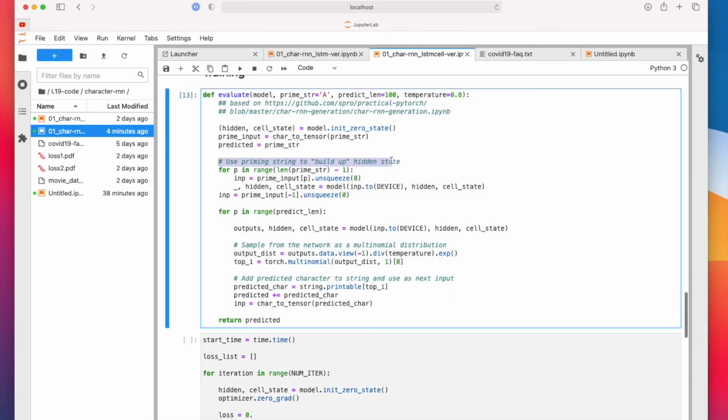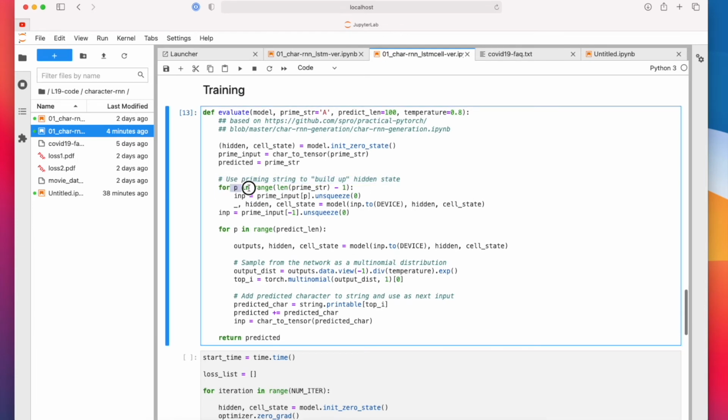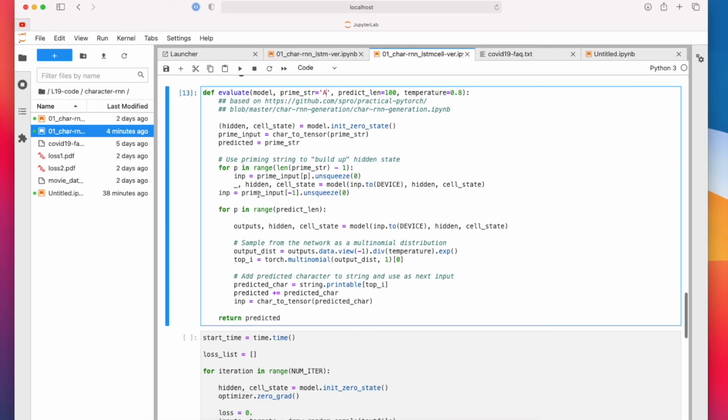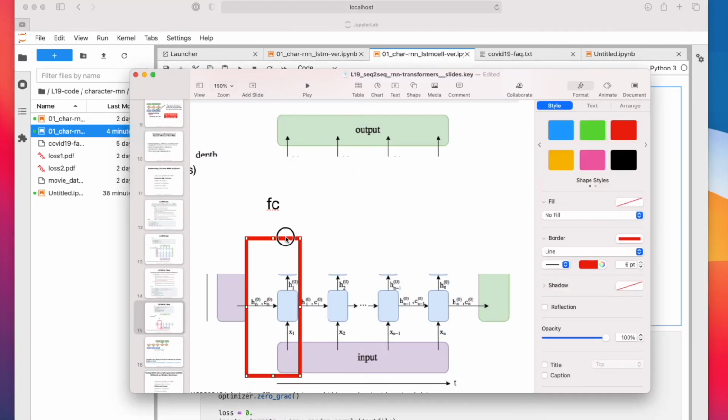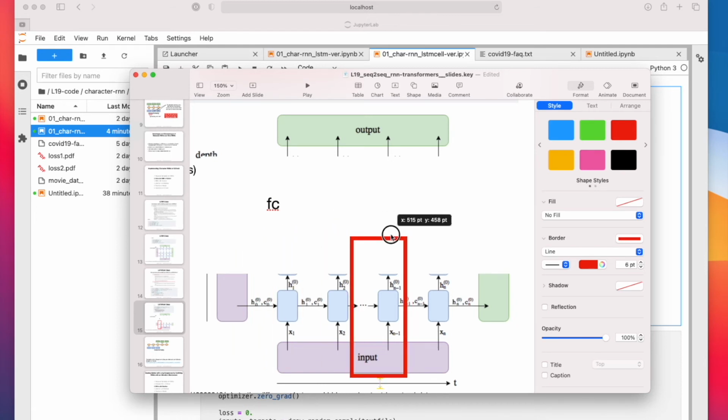We are building up some hidden states so that the model stabilizes. So we are doing this for the letters in this prime range. We only have 2 letters, right? We can actually have more. We can have some real words. This builds up our cell state. So it's essentially running, in this case, through 2 of these, 1, 2, and then we get to this part.